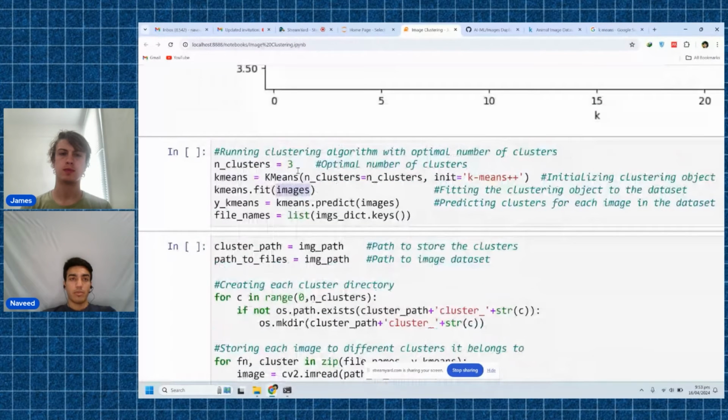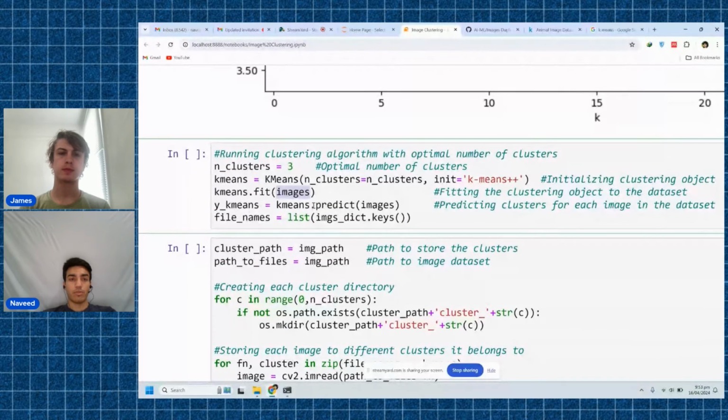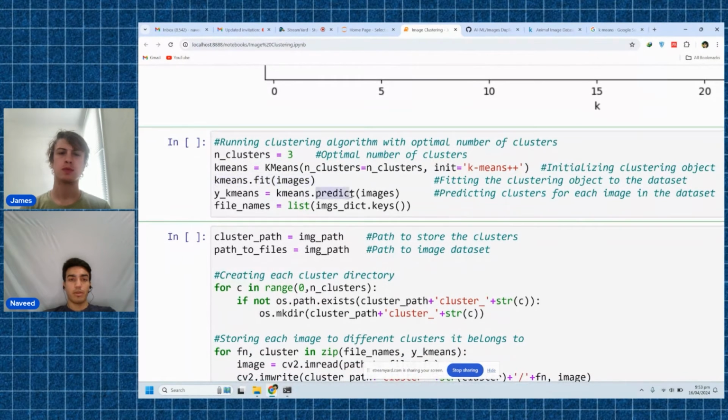And remember, the images here are the feature vectors that we extracted from the original images. Once you fit it to the images, you can simply call the predict method, provide the same images, and the output, which is the yk means, is the